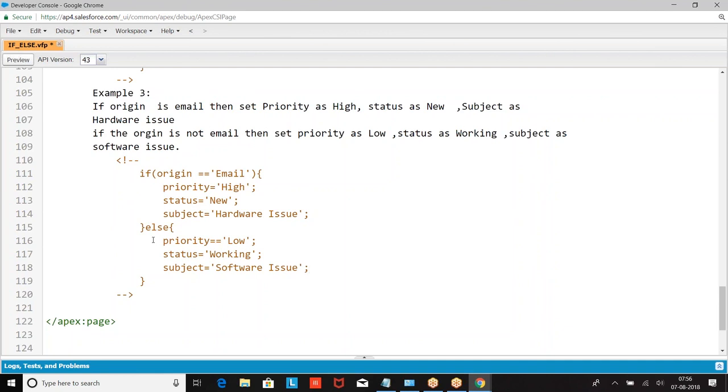I hope I'm good with this. Any other queries? People who are new to programming, are you clear? Now let us take the next one.